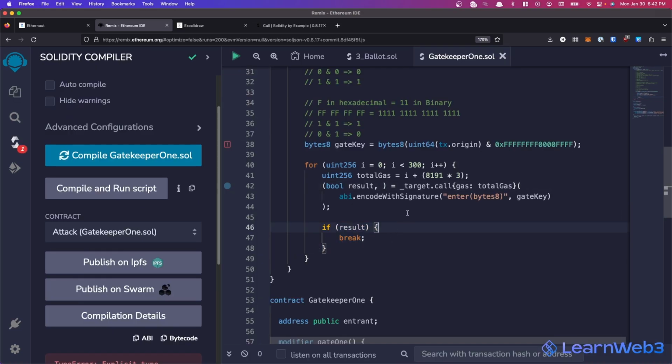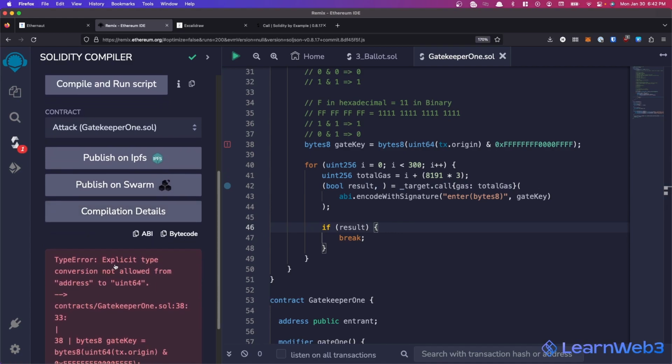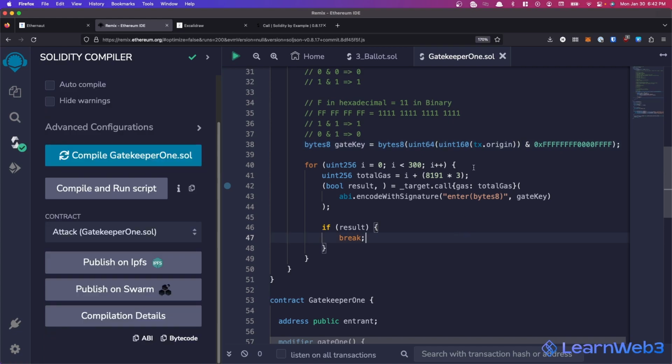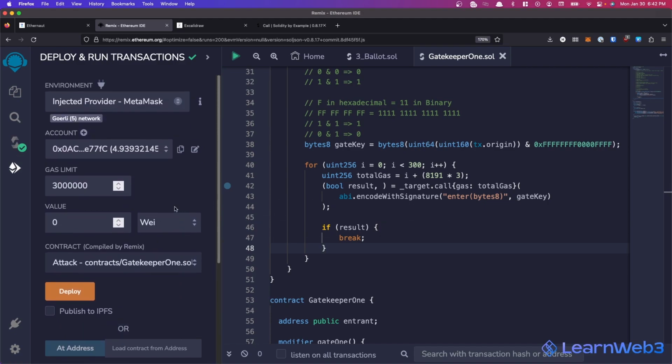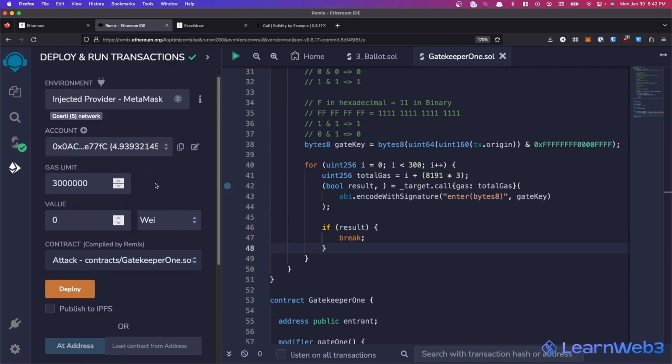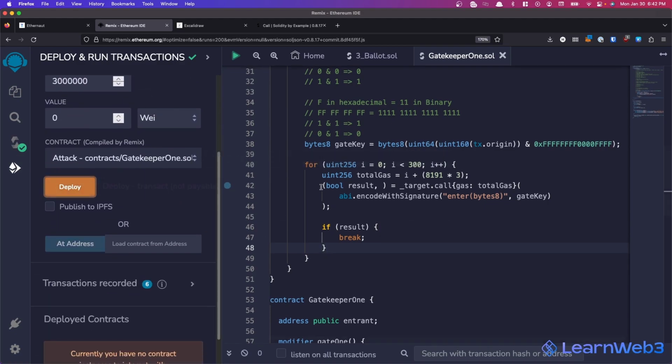And we try to compile this, and oops, we're getting an error. Explicit type conversion not allowed from address to uint64. Yes, so we cannot convert an address directly to uint64. We need to first add an intermediary uint160. That shouldn't affect anything. And now at this point, we are ready to go. So we have this contract ready. We head over to deploy and make sure you're in the injected provider, select the right contract, click deploy,